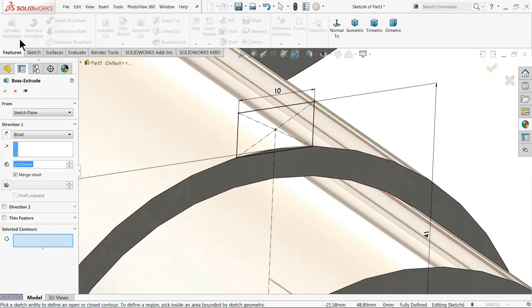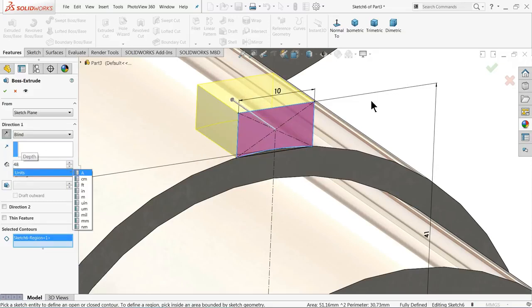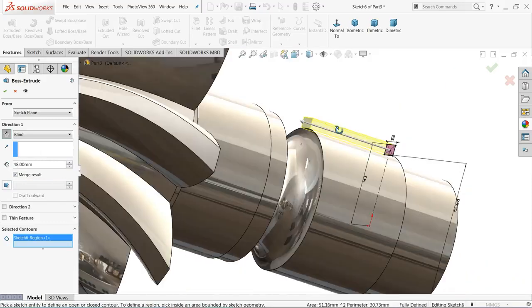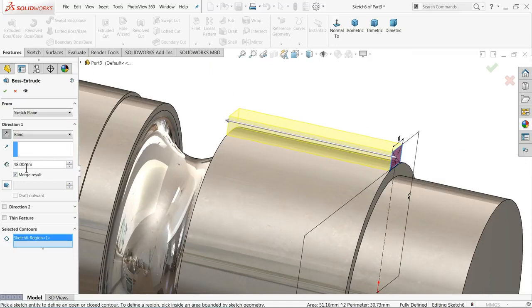Extrude. I'll select this face, reverse direction, keep 48 millimeter, because this is the width of this flange. Keep merge result. Okay,